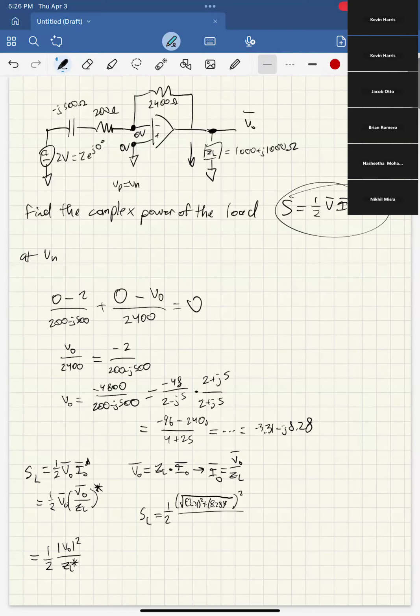And then that divided by the conjugate of the load, right? So up here it was positive. So down here it's negative because it's the conjugate. And if you plug all of this into your calculator and then press enter, then we get